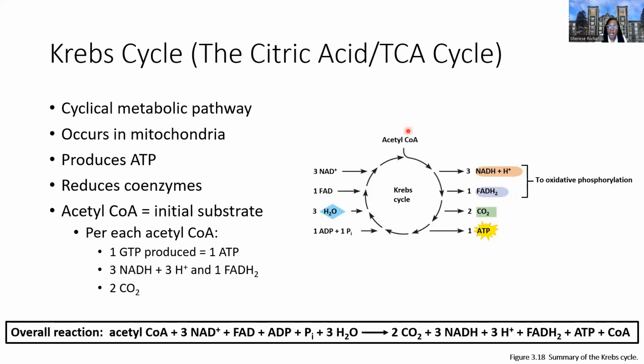This is occurring in the mitochondria, and this is going to generate 1 ATP per acetyl-CoA. So if you keep in mind, we had 2 pyruvates, which means that we're going to generate 2 acetyl-CoA, which means that for each acetyl-CoA, we're going to generate a single ATP, so that's going to be 2 ATP total. We're going to have our reduced coenzyme, so NADH carrying electrons, it's going to be 3 NADH per acetyl-CoA. And then there's going to be another